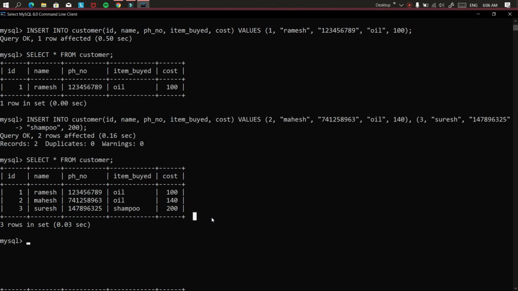Now if you wanted to delete your complete table, then we have a command for it. Drop table and then the name of the table which you wanted to delete.